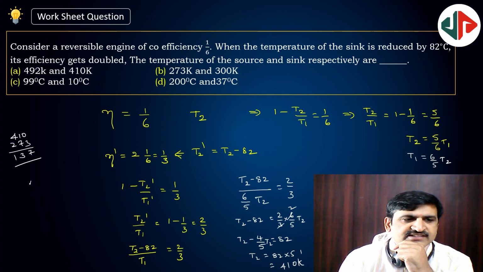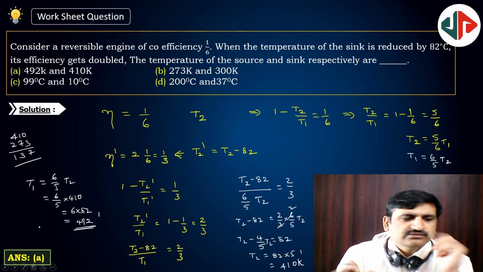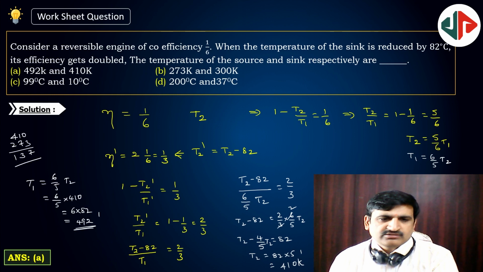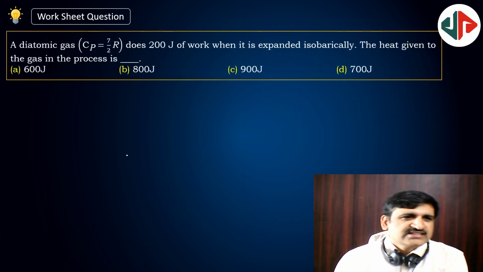We have T1 is equal to 6 by 5 T2. 6 by 5 into T2, which is 410, so it is going to become 82 into 6. 6 twos are 12, 492. So option A is correct only. I just changed it. Next. If you find any correction in the calculation, you just do it, but this is the procedure. Next. Diatomic gas, Cp is equal to